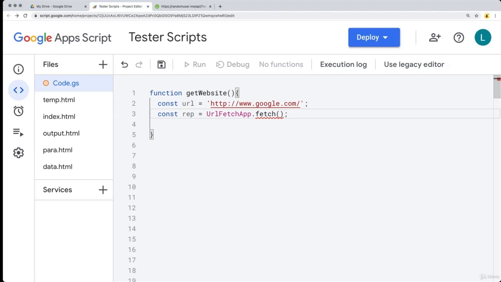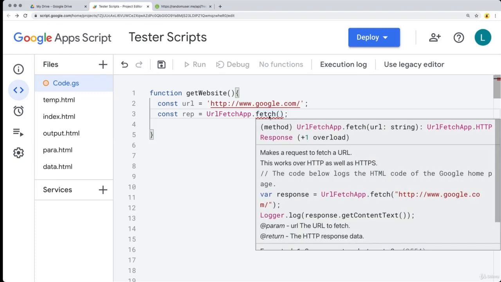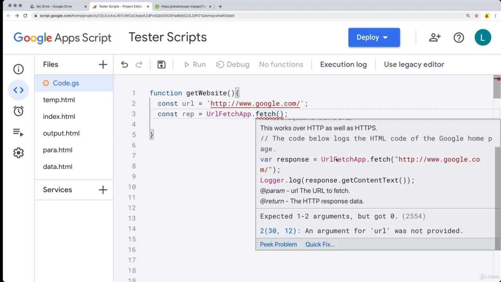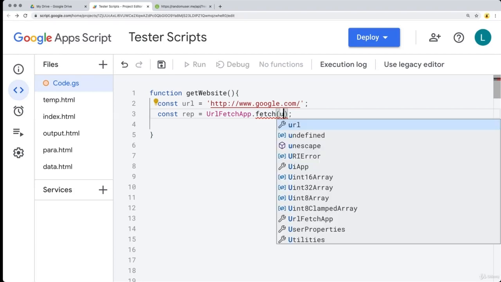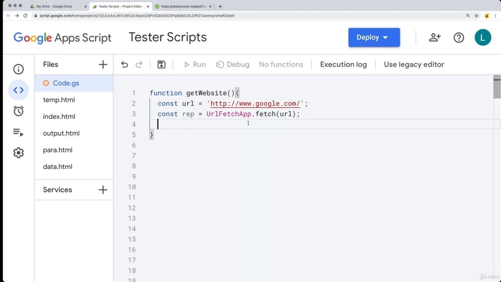These requests are actually coming from IP addresses within Google Apps Script. You can get a list of the IP addresses that it's going to be making the request from. It makes the request to fetch a URL, and works with HTTP as well as HTTPS. Here they've got an example, making the request to Google, getting the content and outputting it within the log. So let's do the same thing,